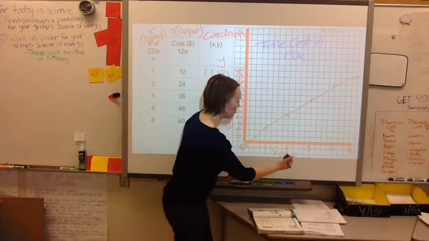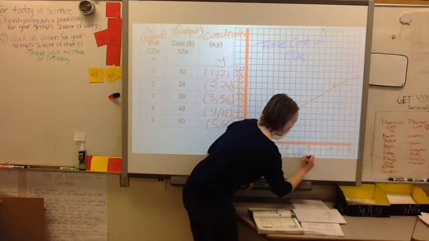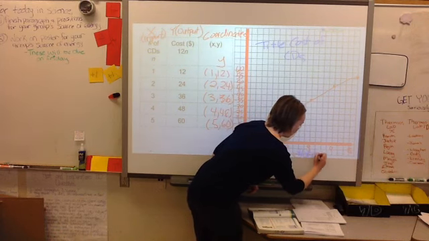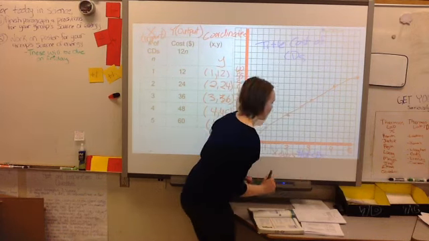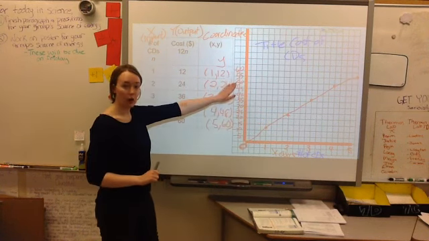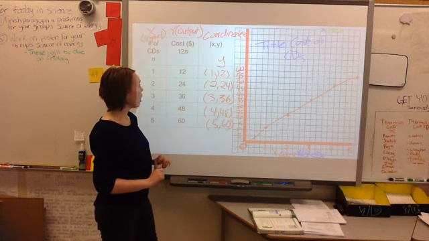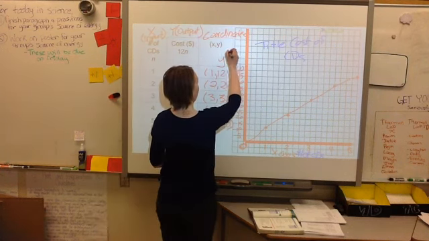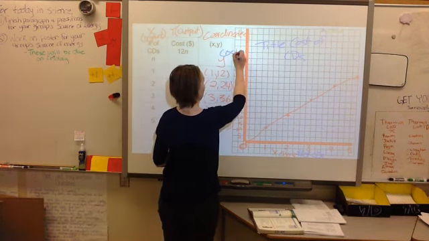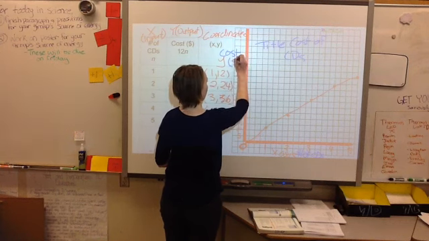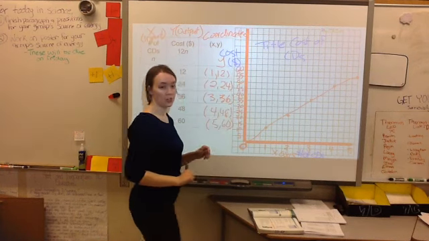We'll make this number of CDs. And we also have to label our y-axis, and we will label this one with cost. And you always want to have